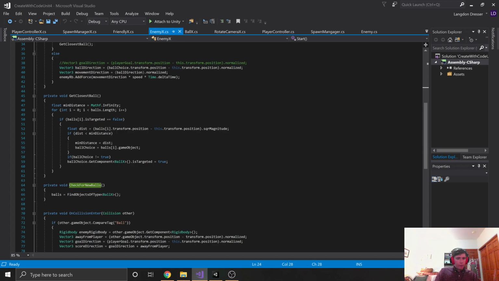And then if your balls and you assign with I, that I is this variable up here, and that number is the number that is in your array, so you have your first item 0 in your array, so it goes through and checks to see if ball 0 is targeted equals false. So if it hasn't been targeted by one of the other enemies, then it runs this code here,